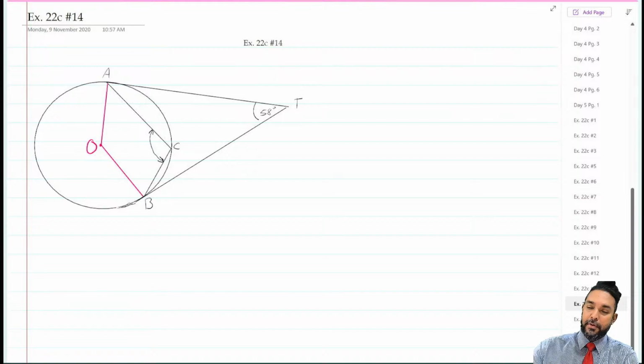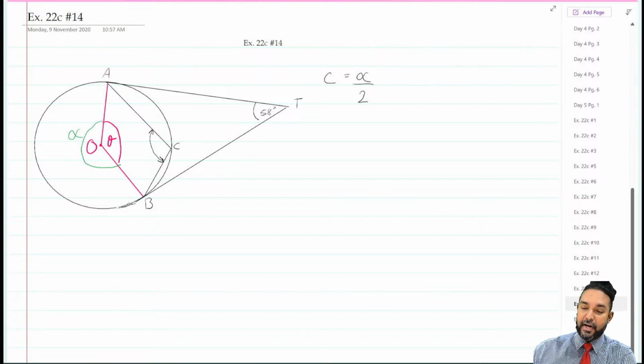So from here, we could find the theta, and from there, we could find the angle to the back. Let's call that alpha. And then we could find half of that to find C. So C is equal to alpha, which is that green angle in the center, divided by 2,